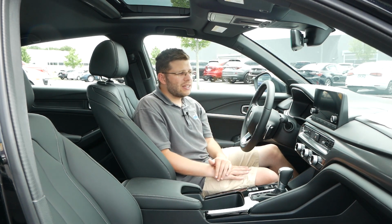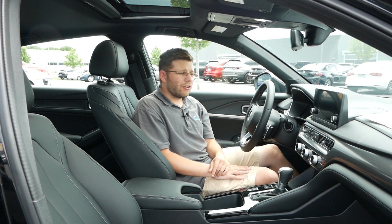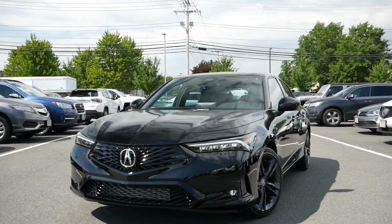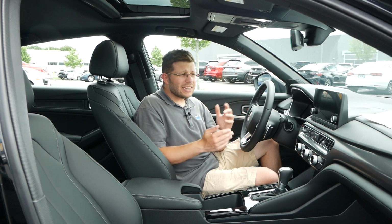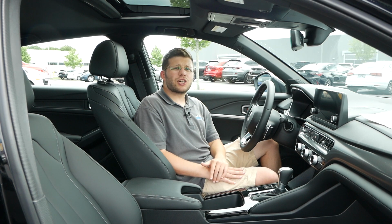But it is to be expected that for a car in this price range, you're not going to get all the bells and whistles. But my main takeaway for this review is just how spacious the interior is, where you can fit average size adults in the second row, but also that practicality that goes hand in hand with the fuel economy. And I still think even with the 1.5 liter turbocharged 4-cylinder engine, this car is a great package,